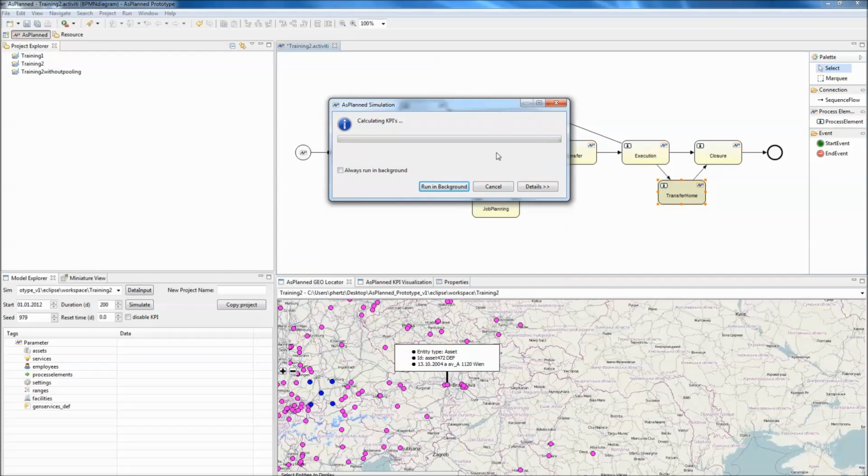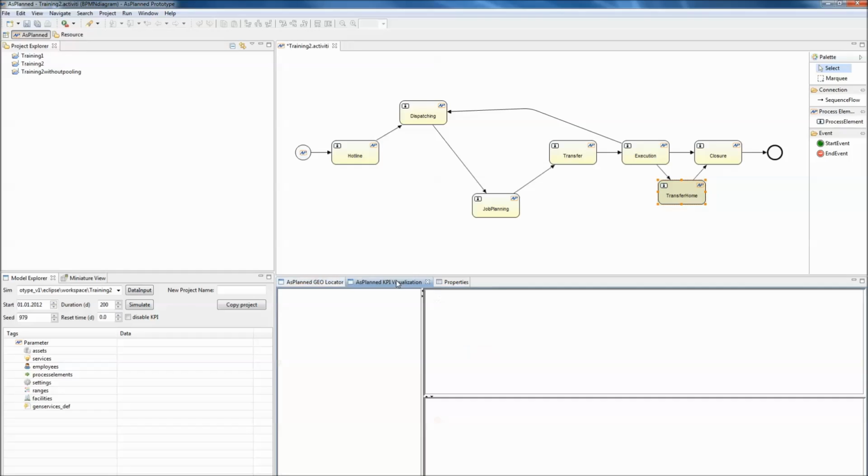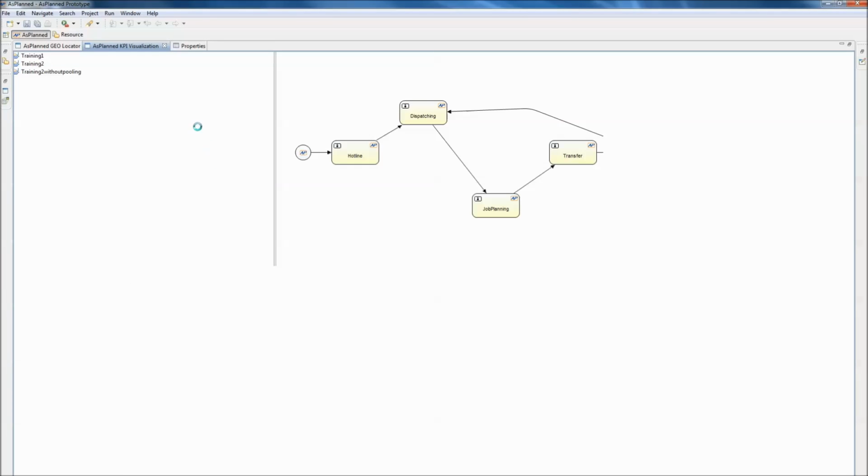The simulation has now finished for 200 days, and now the KPIs are calculated. The idea is that service managers can create different models, copy them easily and make variations, so they can improve them or change them by, for example, adapting the skills, hiring people, transferring people to other locations, changing their dispatching logic, and so on. There are hundreds of possibilities of what can be changed, and the idea is then to simulate these models and look at them in the KPIs. The KPI framework is a framework that lets you assess